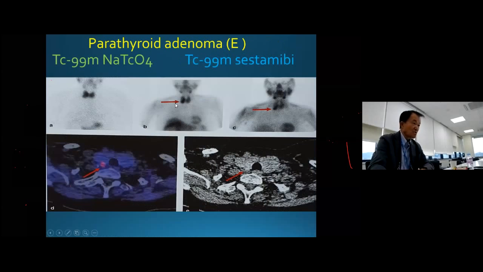Okay, here's some more technetium subtraction you can see here. So in old days, the CT was not a good CT, but at least on this color, right behind the right inferior thyroid pole right here, the esophagus is right here. If this one comes a little bit further back or near here, that's a C type. This is more like an E type.